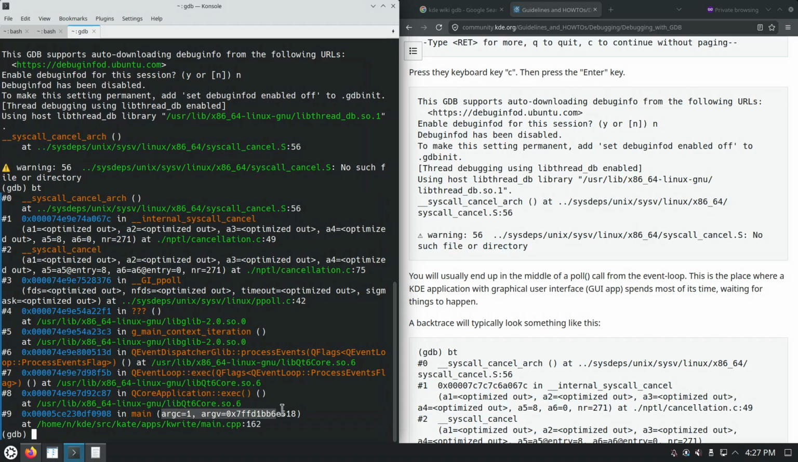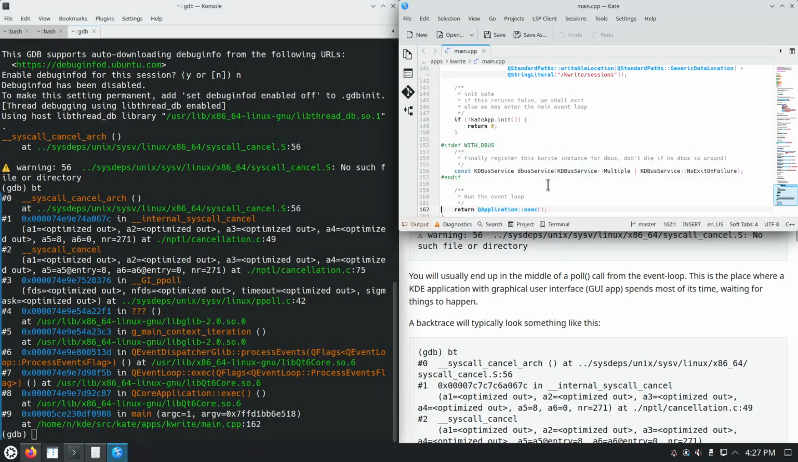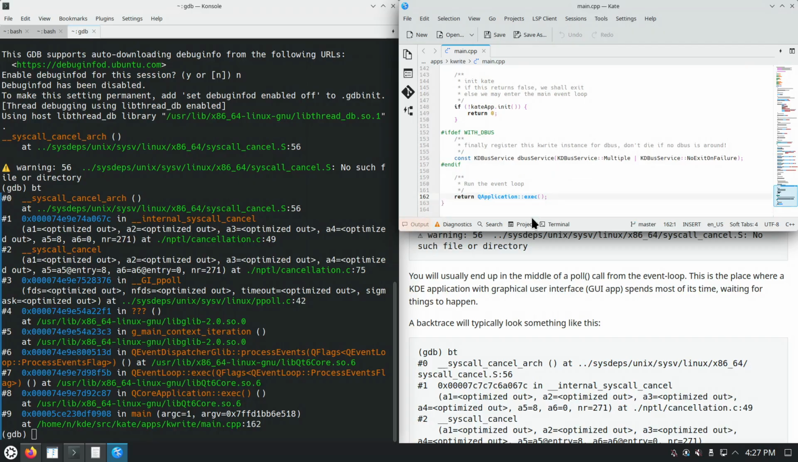This time we didn't specify a file that kwrite should open. That's why arg count, argument count is 1, not 2. And this is the place where the call was made. So this is the outermost caller, function caller. So line 162 of main.cpp. And in here, another function has been called, which is this application exec, probably a static method,